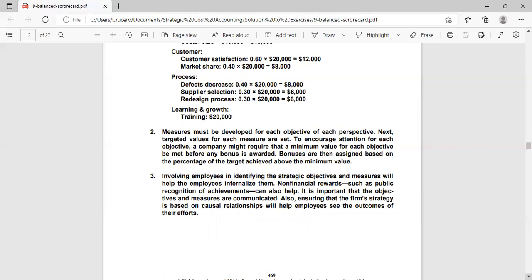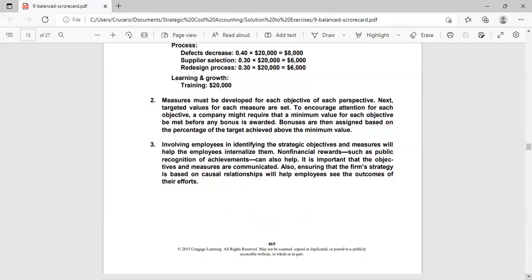So we have now the bonuses are then assigned based on the percentage of the target achieved above the minimum value. Involving employees in identifying the strategic objectives and measures will help the employee internalize them. Non-financial rewards such as public recognition of achievements,